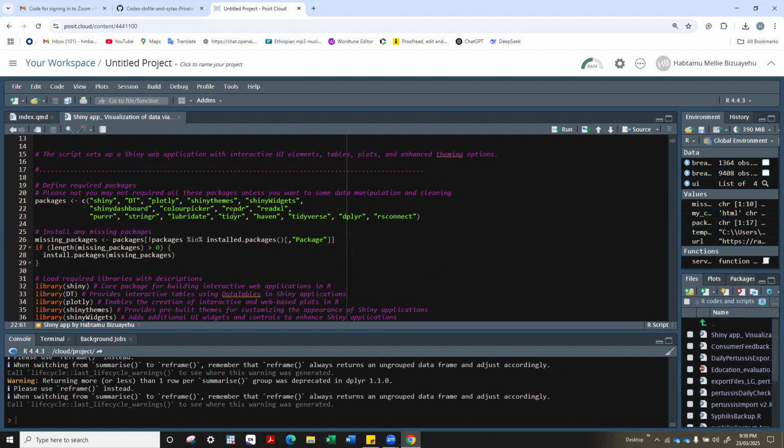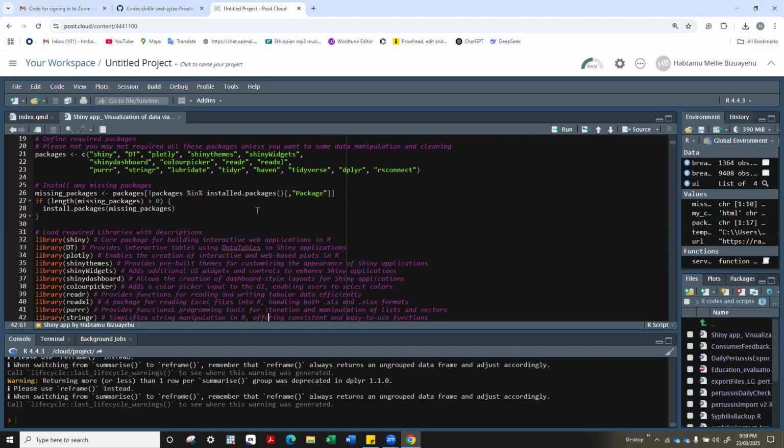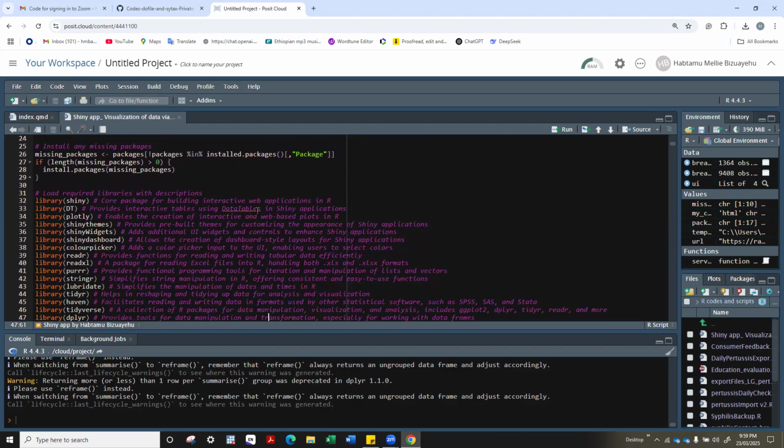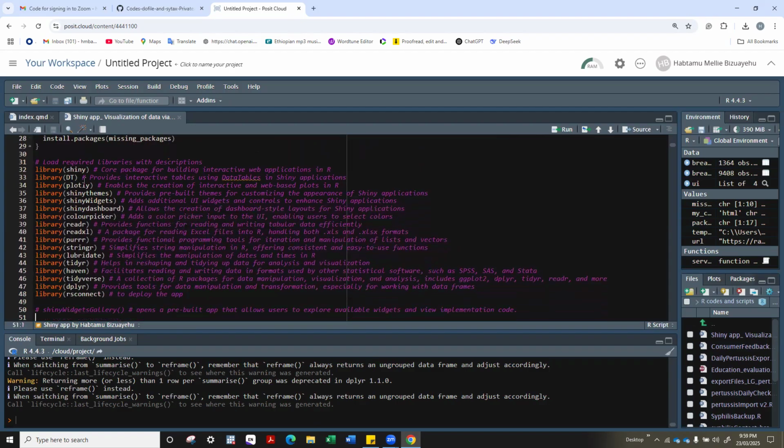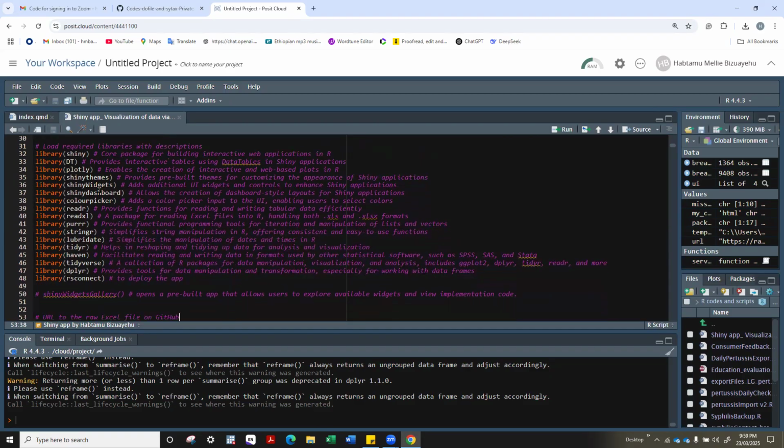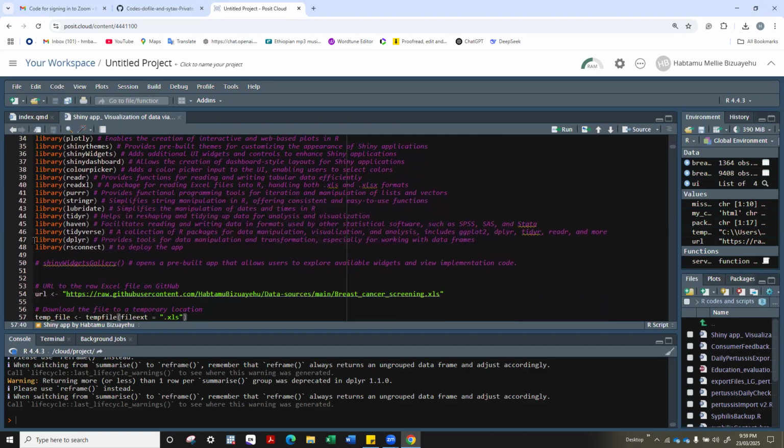If you have Excel data, you can use readr and readxl packages. So you can download the data, and this is also a brief explanation of what each library and package is doing. For example, the one I noticed previously is Shiny, which, if I press